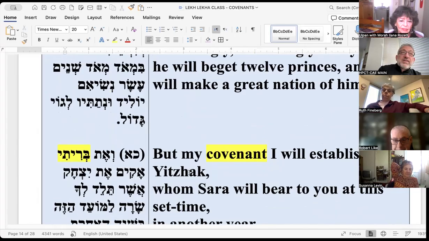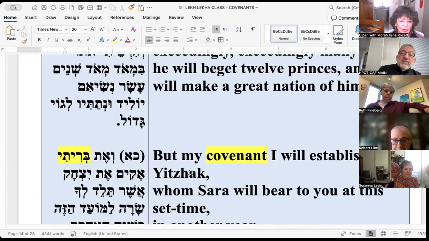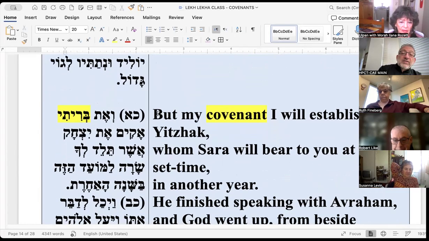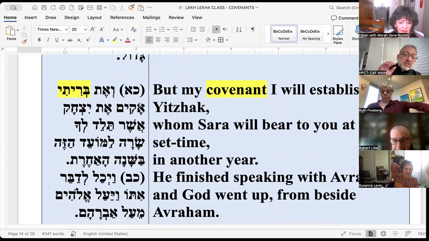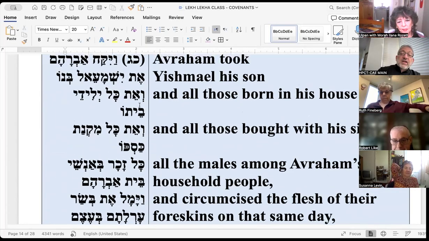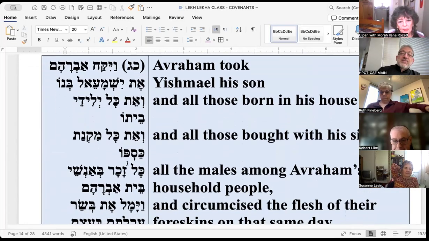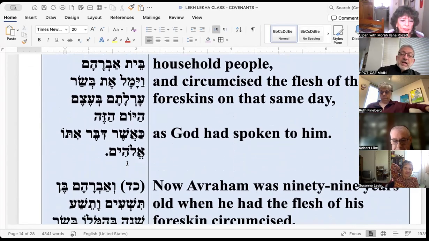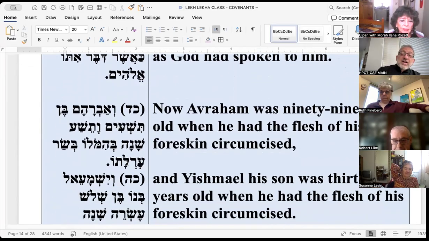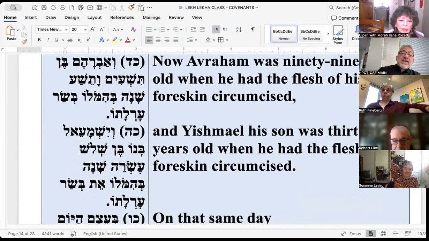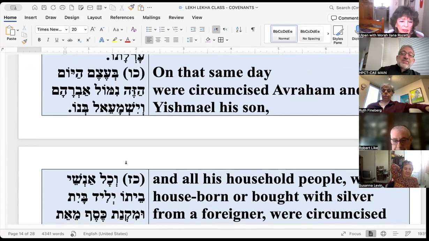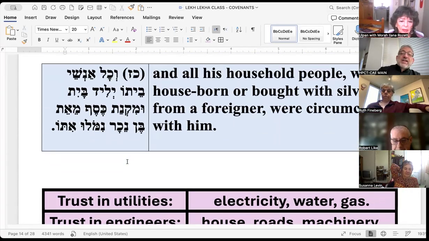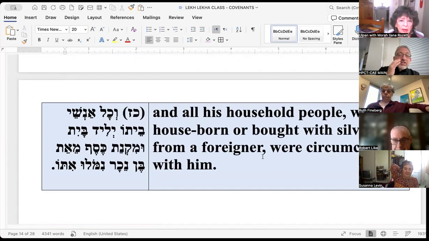And that's where the big distinction begins. My covenant I will establish with Isaac, briti akim et Yitzchak. So it's explicit here that the covenant is going to go through Isaac. So end of the story, Abraham circumcises himself, and Ishmael and all the male members of his entourage, okay, and they're all circumcised on the very day that God said that to him, and that's it. So now, what I want to conclude with is